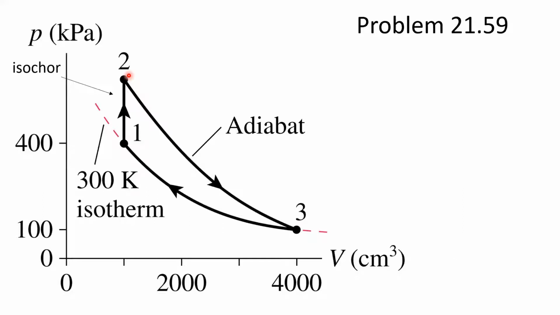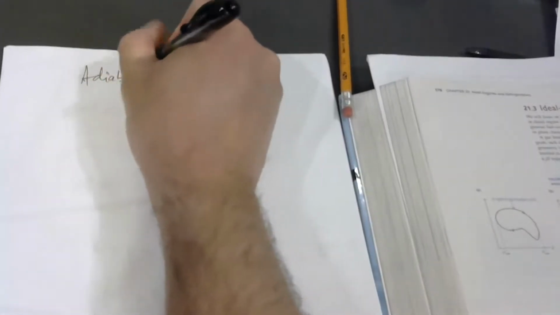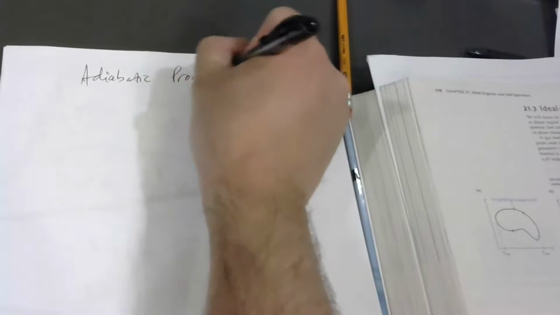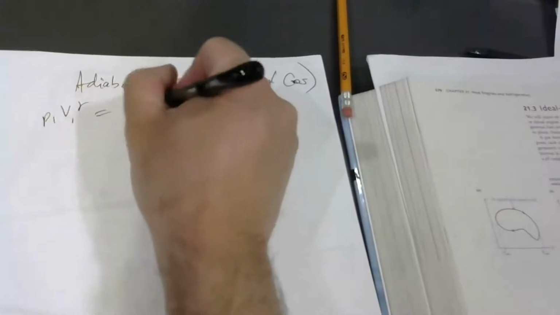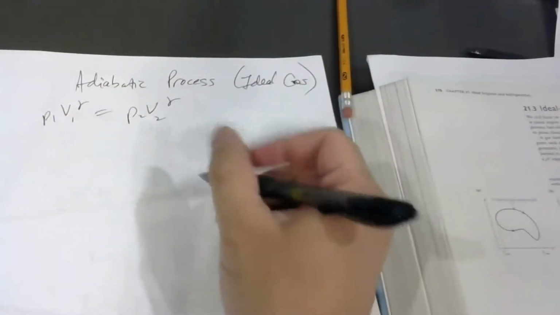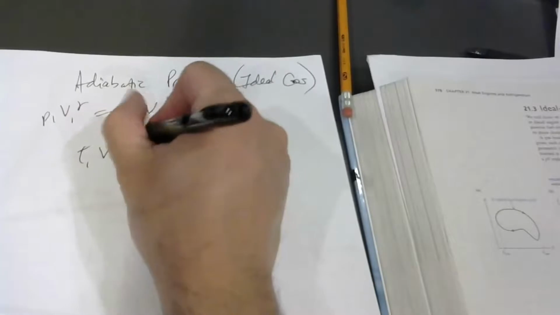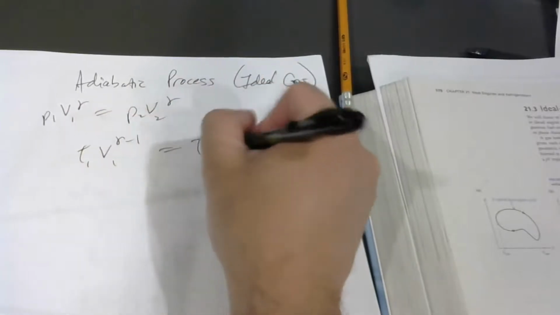Remember, we've got a couple formulas for constant quantities in adiabatic processes. So let's review those. For an adiabatic process, it's understood we're talking about ideal gases only. We've got P1V1 to the gamma equals P2V2 to the gamma. What's the other one? T1V1 to the gamma minus 1 equals T2V2 to the gamma minus 1. I'm checking the book here. Yes, that's correct. And then there's a third one